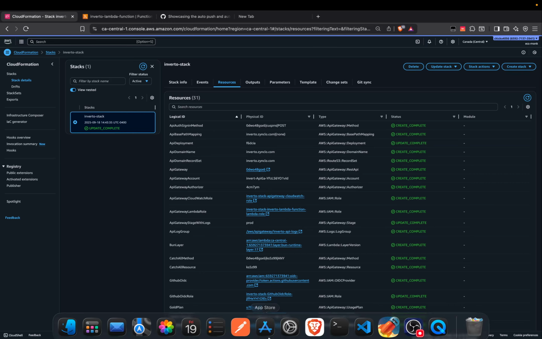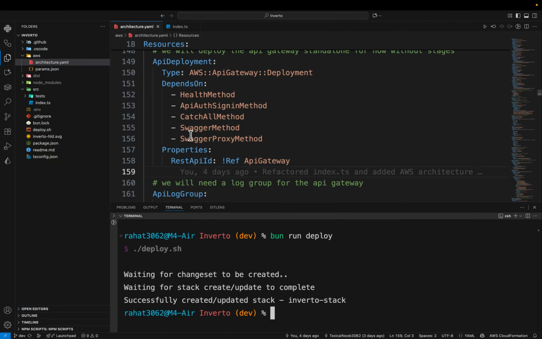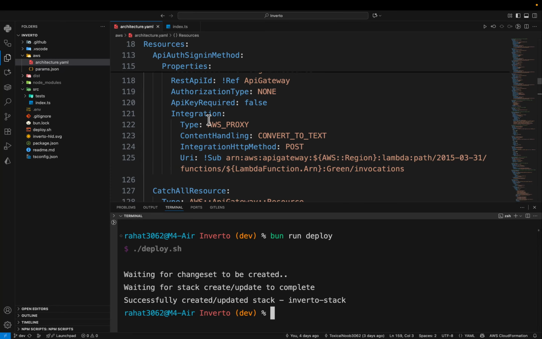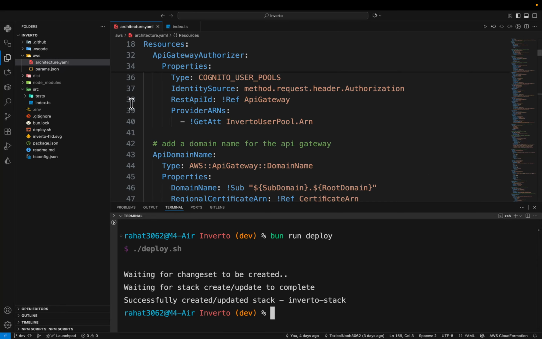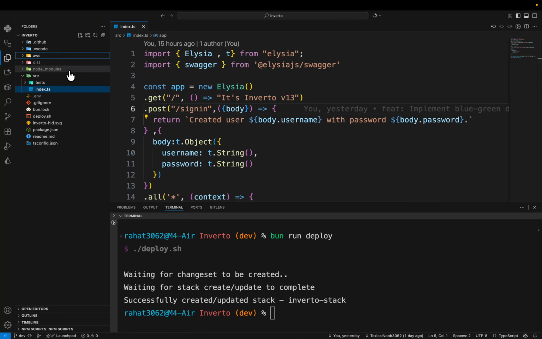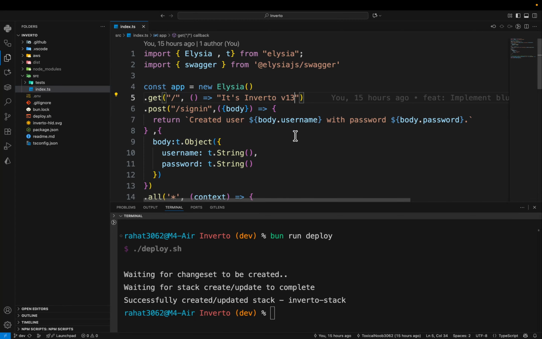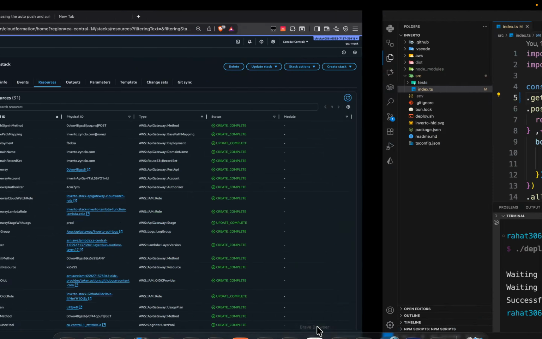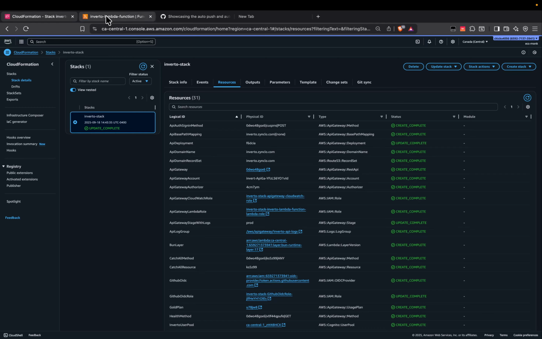So in this way, we can make just subtle changes to our architectural file, and then the architecture will automatically be updated. Now it's time to show you how I have implemented the auto push feature. For that reason, I will just change it to version 15 for now. Okay. And before that, what I wanted to show you is, if I go back to the Lambda